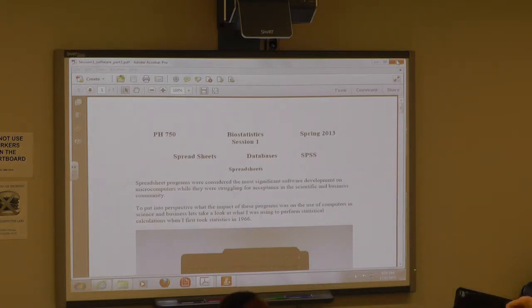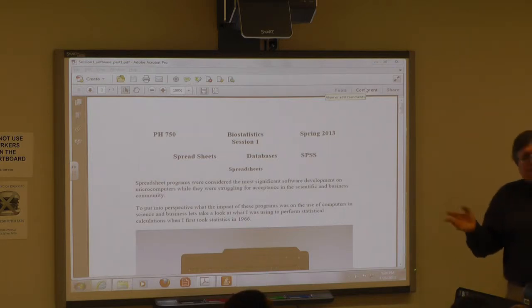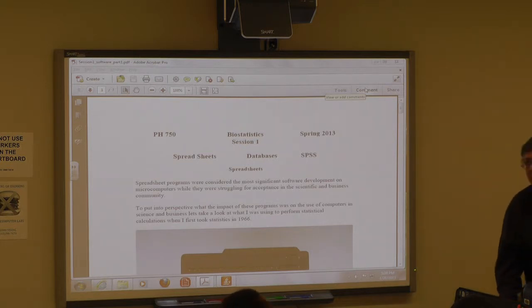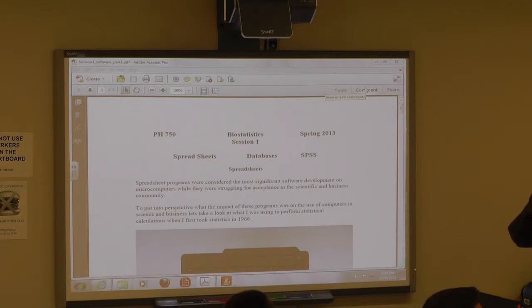Yes? I just have one thing. Maybe everybody else has figured this out too, but although the textbook is very expensive, there are used versions online for $5. Oh, absolutely. The current edition, I think, is the 3rd edition, and 2nd or 3rd edition is fine. It doesn't matter what edition you pick up. If you pick up a used copy and it doesn't have the CD that comes with it, with the data files and stuff like that, let me know and I'll get you the data files. So if you're a little trepidatious about ordering a used copy, let me know and I'll make sure you have that data file.